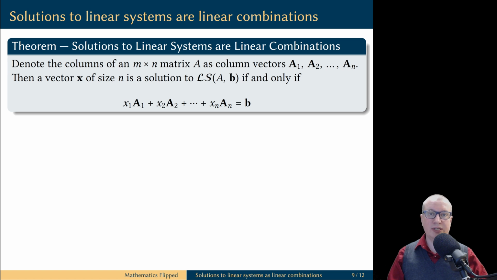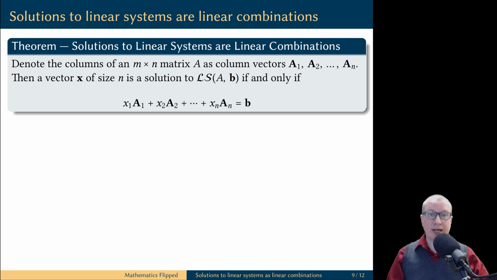So we're going to use the same letter as the matrix, but we will use the boldface font to emphasize that these are column vectors, to be consistent with our habit of using boldface letters to denote vectors. We can use this matrix A as a coefficient matrix to construct a linear system, and let's say we use some vector B as a vector of constants.